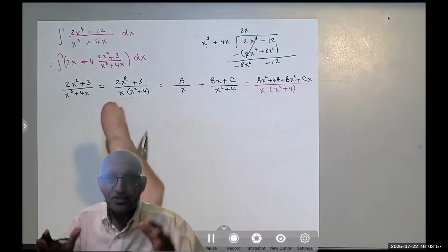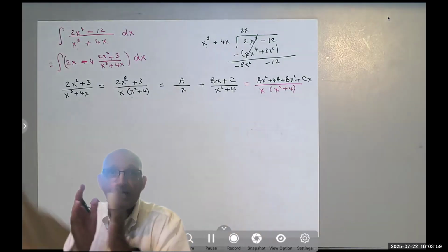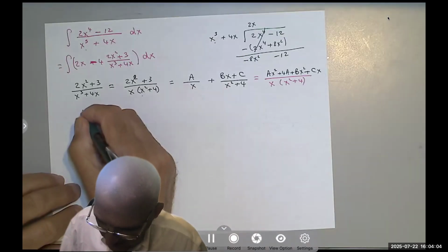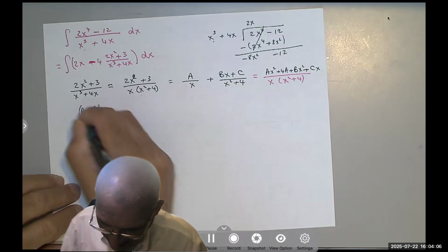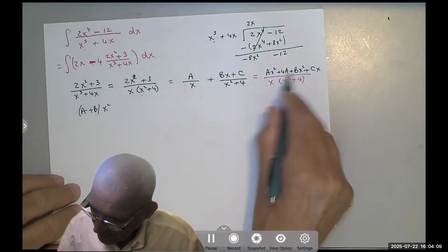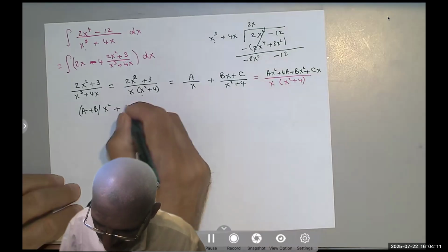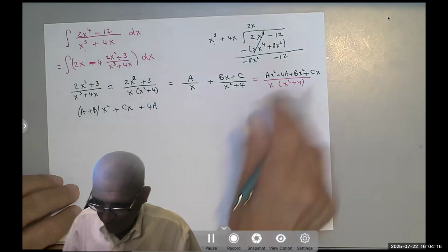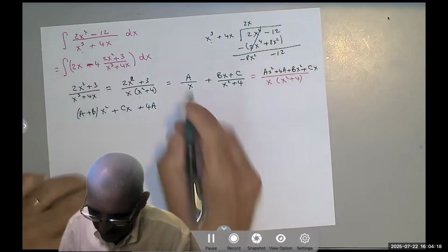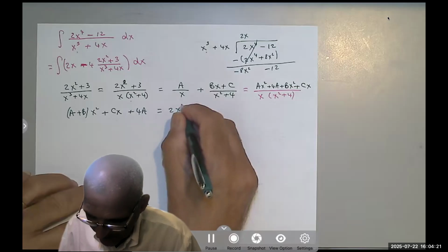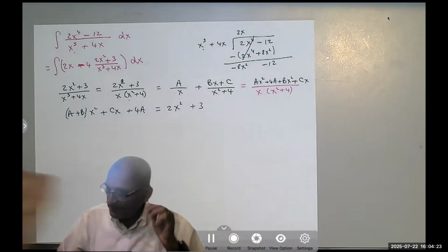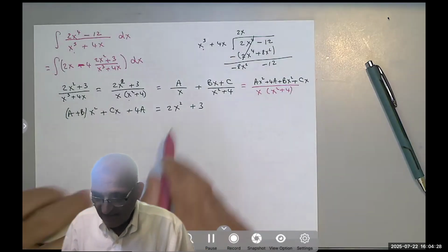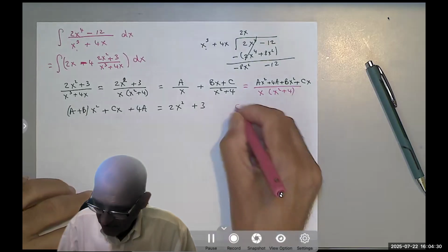So when I arrange them, the coefficient of x squared, the coefficient of x, and the constant, they would look like that: (a plus b) x squared plus cx plus 4a over that, equal to this over that. So that should equal 2x squared plus 3. I can see right there that c equals 0 because I don't have a term in x. So c equals 0,